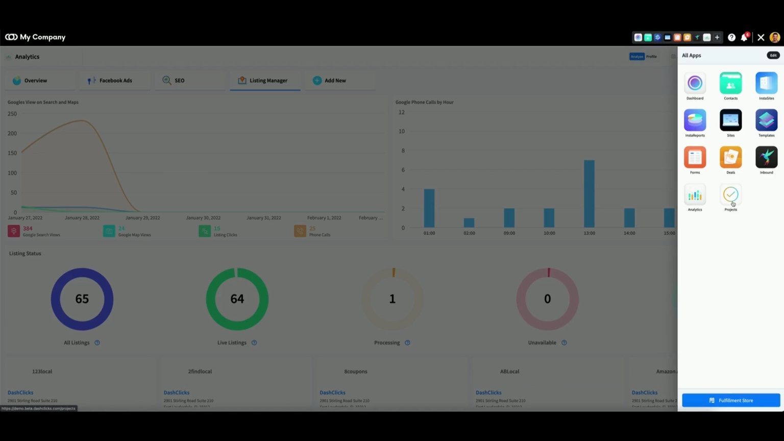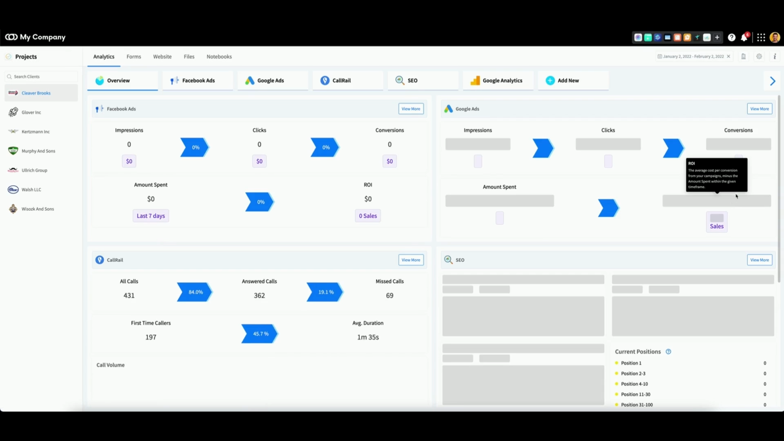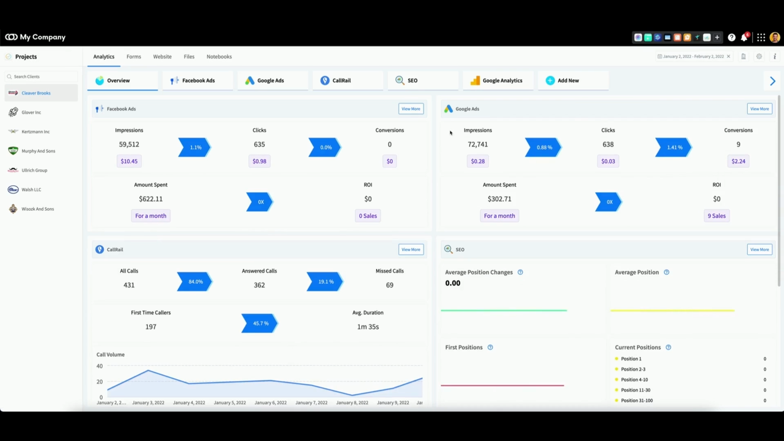The second application is the Projects app. The Projects app is a main account exclusive application that helps companies and agency owners manage activities related to their sub-accounts, which you can find listed here on the left at any time. This includes the following tools: